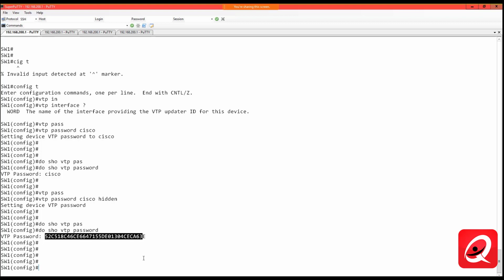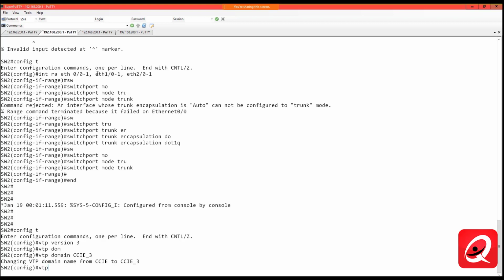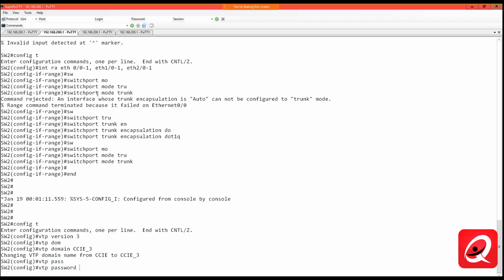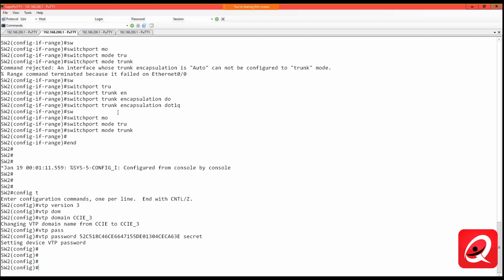We can actually use the secret option as well, or we can enter the password using the secret option. Let's say that this was the password that I set on this particular switch. I can copy that information, come into this switch, and say VTP password, put in the text, and then put in secret to indicate that that is the password that I'm setting on that switch. I'm basically copying that from one of the other switches in my topology and pasting it in this switch